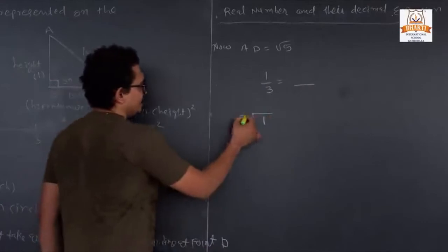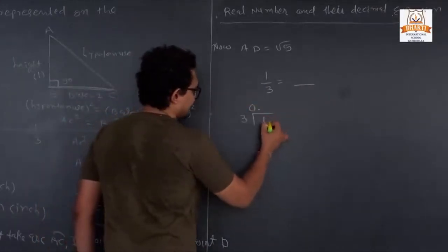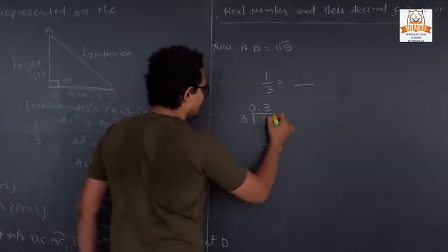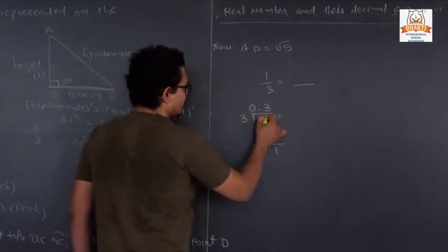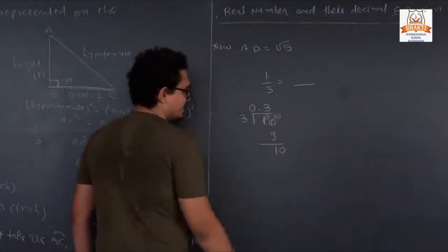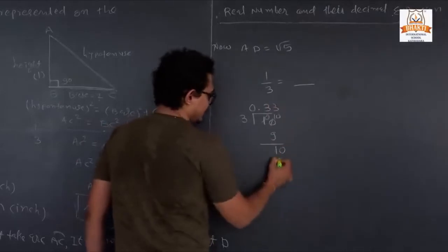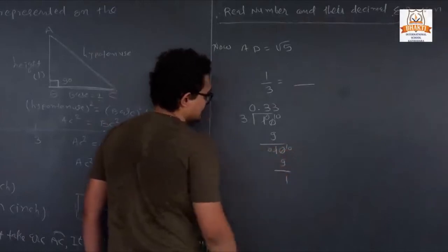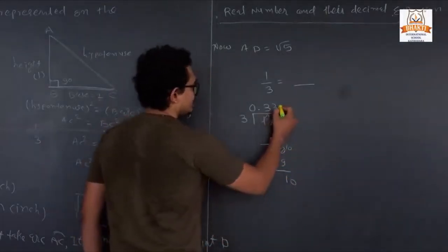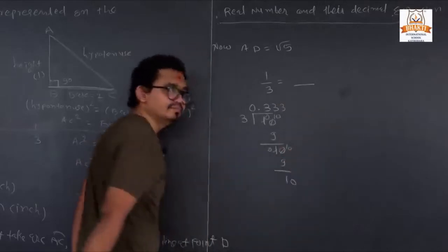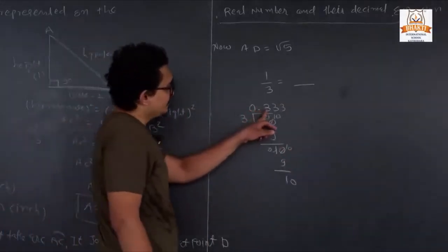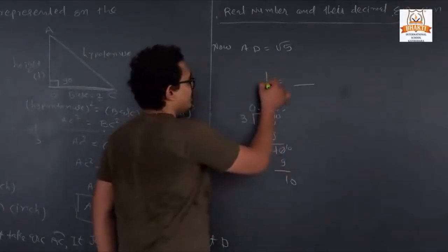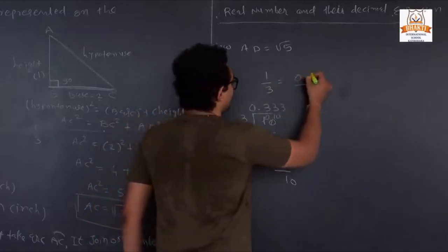So now here we have 1, so we are taking the point. 3 3s are 9, so once again we have a 1 as our remainder. Now once again we can take the 0. So 3 3s are once again 9, so it will be 1 because 10 minus 9, and here we have a 0. So once again it will be 10. So it will be like that, 3 3 3 3. So here one of the digits is repeating. So we can convert any fraction into the decimal form.